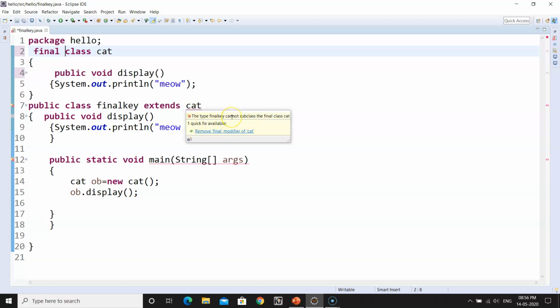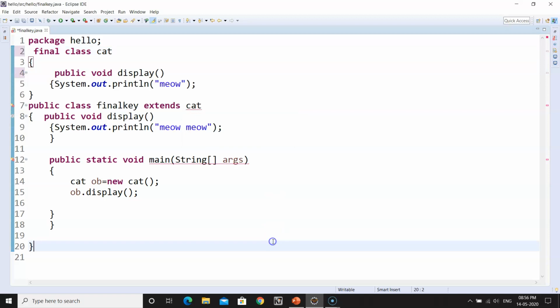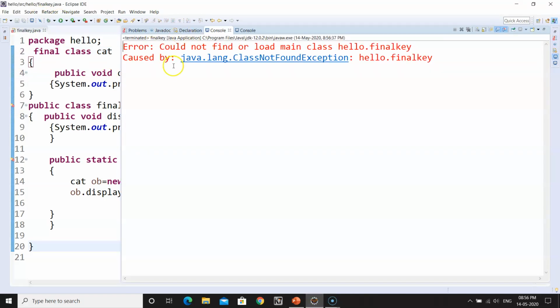It is a rule in Java that whenever we declare a class final, that final class can never be inherited. So it will give an error and will not display the message.